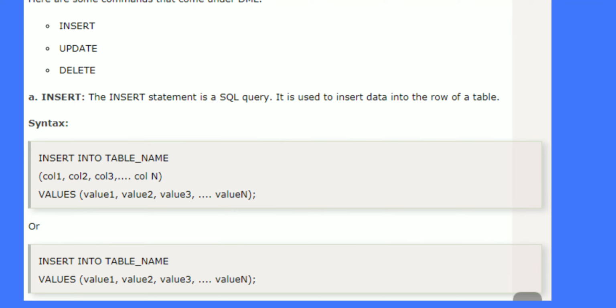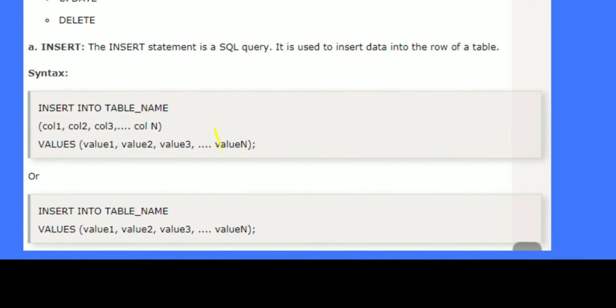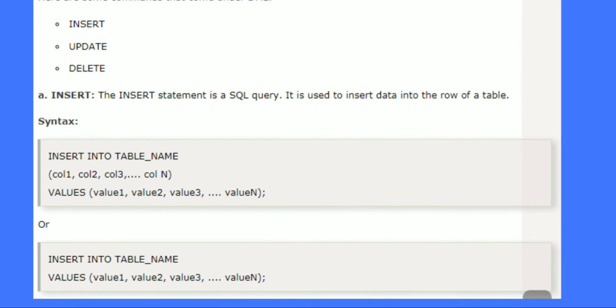Thereafter you have to write values: of column 1 the value 1, and column 2 the value 2, up to column n the value n. Close the bracket and use the semicolon. That is one way. In another way, you can write the values directly if you remember the table columns.